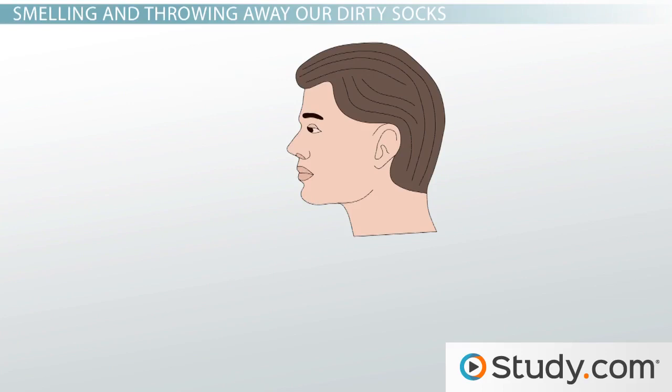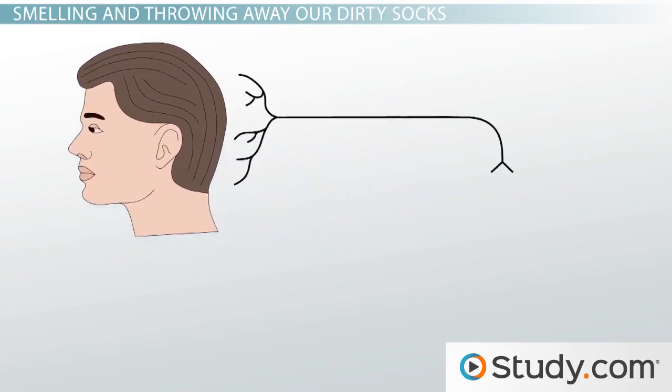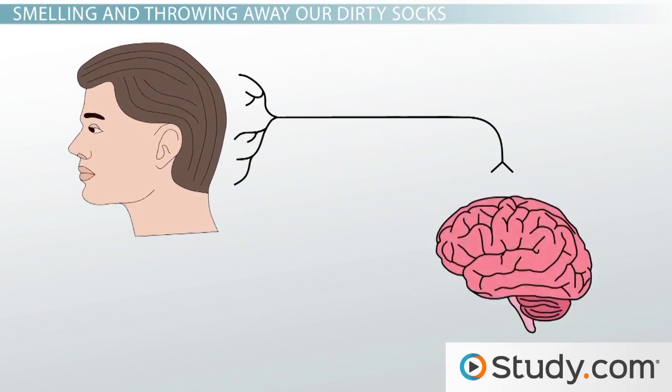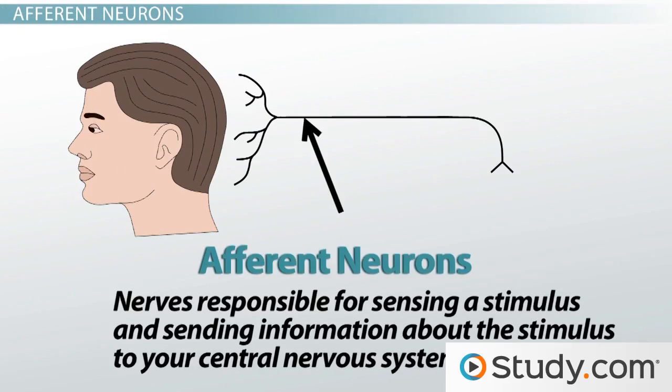All of this smelling and moving about involves certain types of special nerve cells that send signals to and from your brain in order to recognize the smelly sock and throw it away. When you first smelled the sock, you were able to send signals up to your brain which registered inside of the brain as a certain type of smell. The nerves responsible for sensing a stimulus and sending information about the stimulus to your central nervous system are called